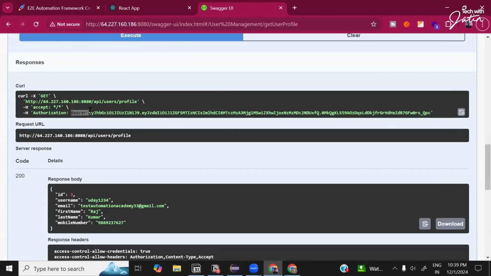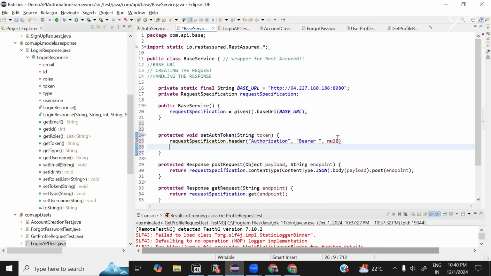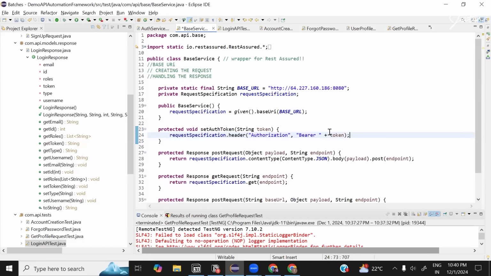You have to observe carefully. After bearer there is a space. Colon is basically the first key. This is the key. This is the value. So bearer is the word, and then to this bearer word, I need to attach the token. Now I have introduced this method, and the job of this method is to just attach the authentication token for